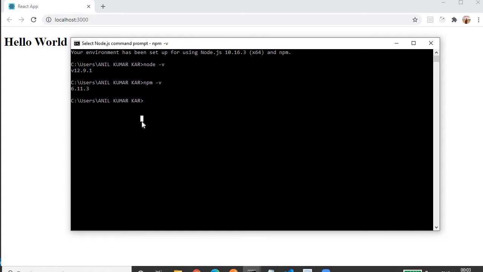So to work with React.js, we have to create a project. In React.js applications, we code in ES6 JavaScript, which is a higher version of JavaScript, but most of our browsers do not understand ES6, so we have to compile ES6 to ES5. This compilation of ES6 to ES5 is done by Babel.